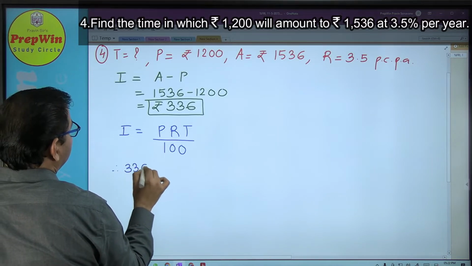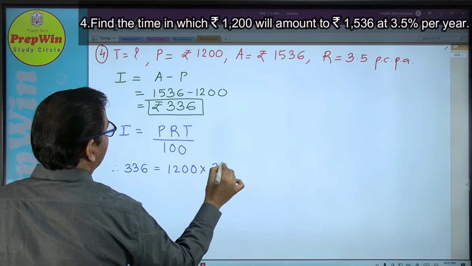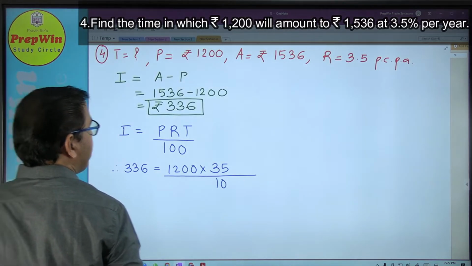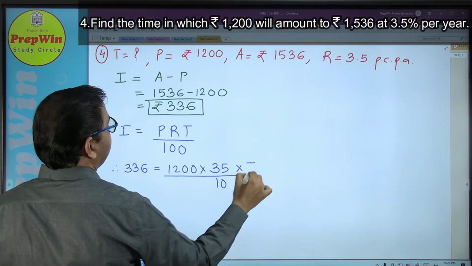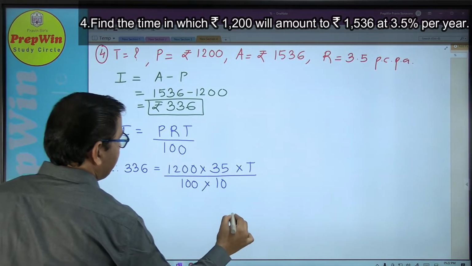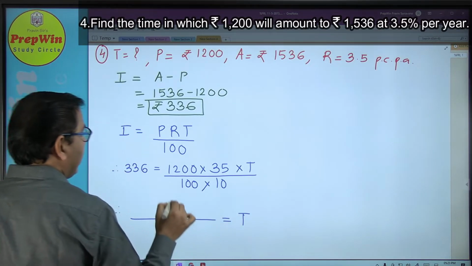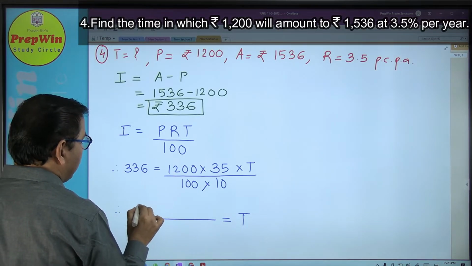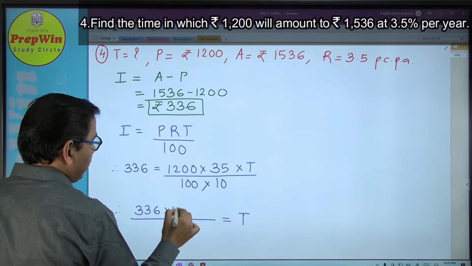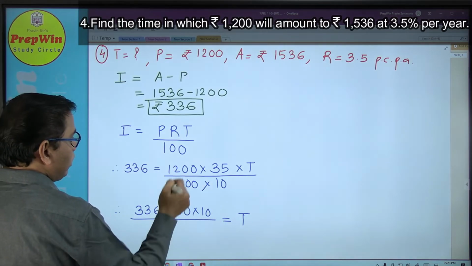We need to cross multiply. Principal is 1200. Rate is 3.5. So I am not putting the point. Instead I will remove the decimal point and I'll take 10. And T is what I am interested in, and what is remaining is this 100. Don't do cancellation here. T we will keep here and we'll do cross multiplication. If you want to get a correct answer, make sure that you do all the cancellation in a single step. So 336 into 100 into 10, by cross multiplication this denominator goes in the numerator and this